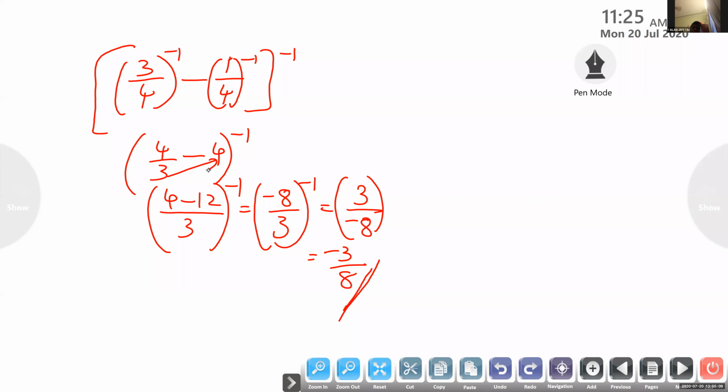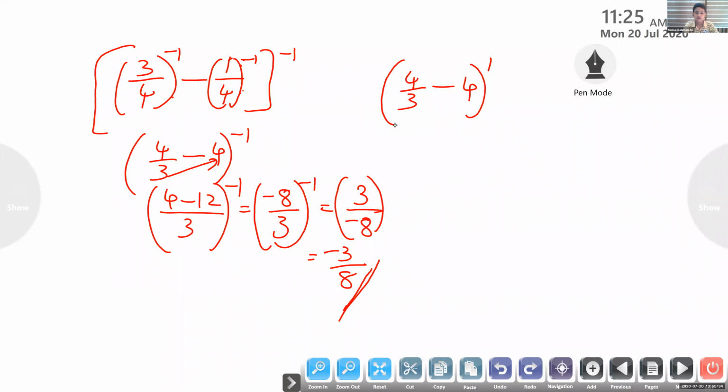This one. Okay. See here I will write 3 by 4 raised to negative 1. We can write 4 by 3. Minus 1 by 4 raised to negative 1, we can write 4. Reciprocal is 4. 4 raised to 1, that is 4 itself. Understood this step? All of you understood? Yes.